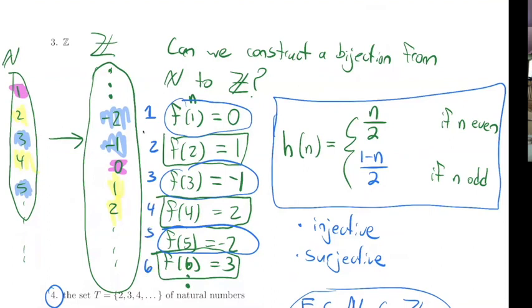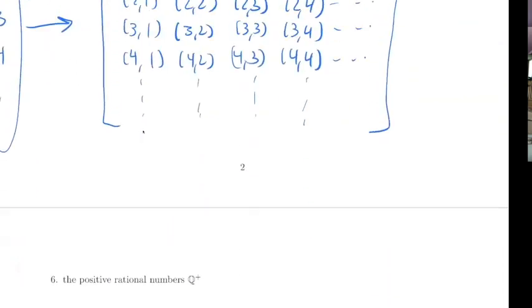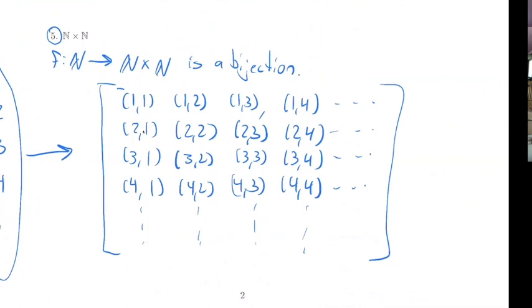So another less counterintuitive way for this one could have been: this is my first element, then this is my second element, that's my third element, that's my fourth element, that's my fifth element. And we could just keep bouncing back and forth, and by doing this, we can count up all of the integers. This would have been another way that we could have argued it that would have been just as good as actually writing out a formula as we did over here. So as long as we can list out all of the elements in an order, that's going to be enough to show that the set is countably infinite.